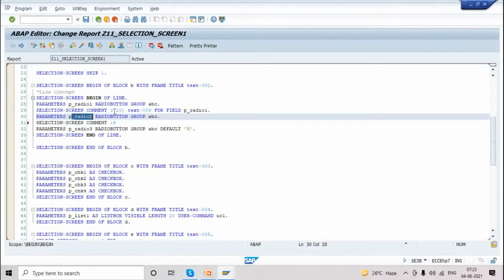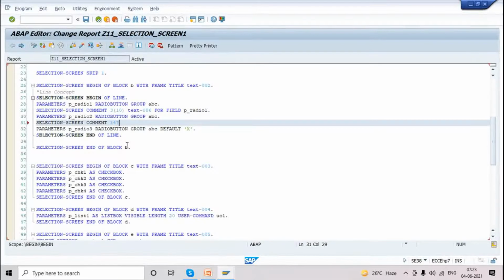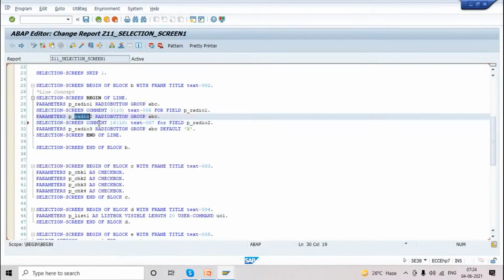So 13 is completed. Give 3 characters for this radio button. So it's better we start with 16 of 10. This 10 is for text. Female will come in this 10. Create new text, text 007 for field P underscore radio 2. For this field we are creating.